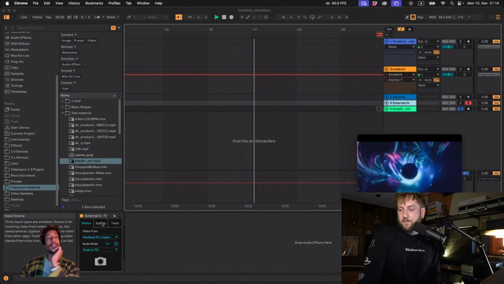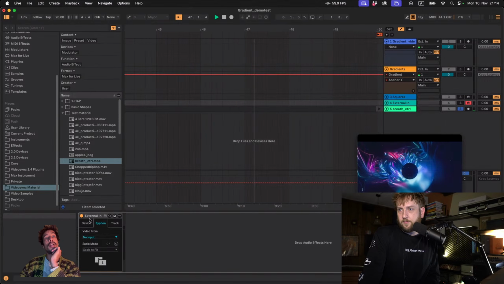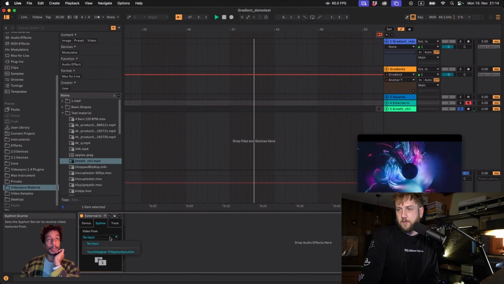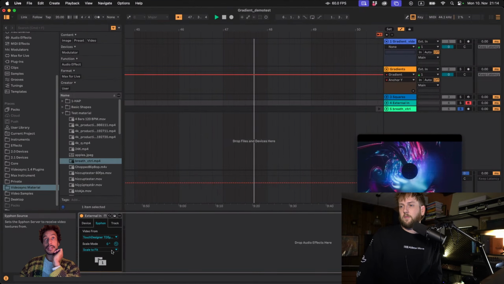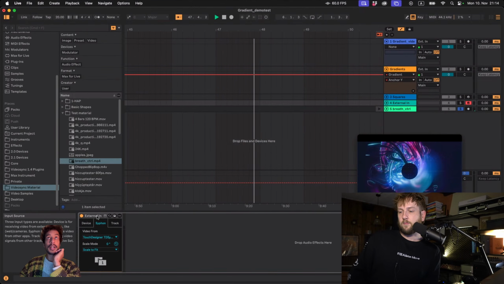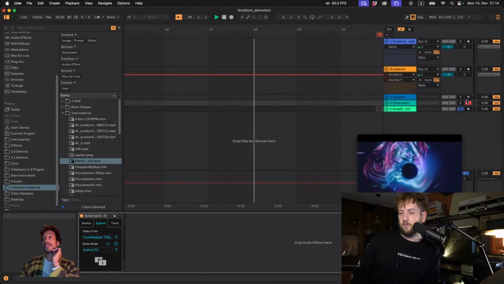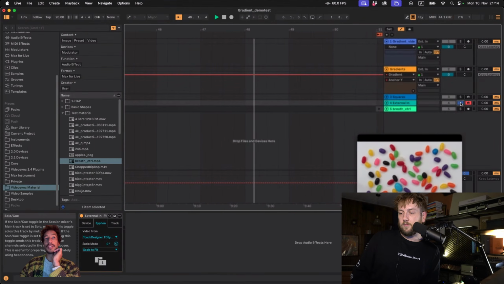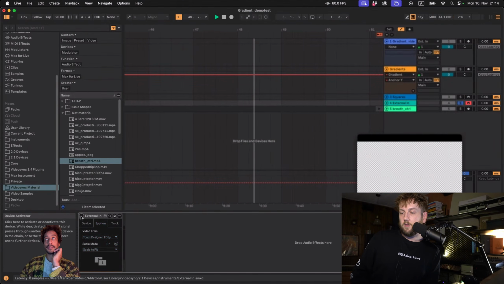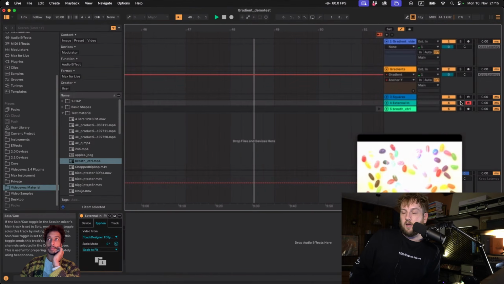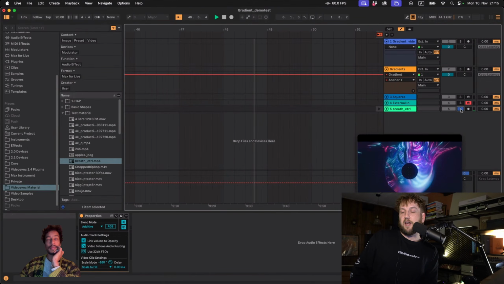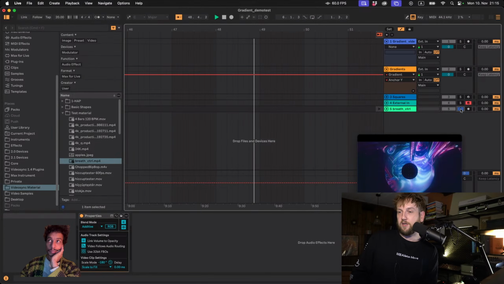Yeah, and then just for the record, Siphon, the external in also takes devices like webcams, but also here you have the video from, and here you can see they can get these Touch Designer inputs. Let's solo here. Look, there it is, Touch Designer from the external in. Yeah, and I mean, you can already use AI to generate shaders,